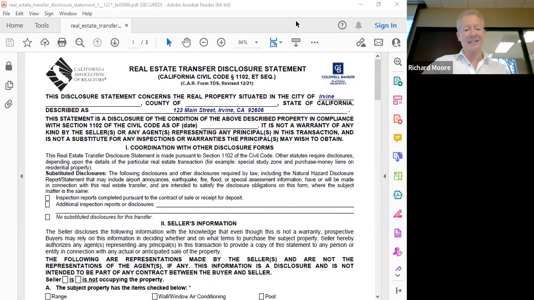Today's discussion is in regards to the TDS. I think we all take the form for granted. We do have it up on the screen, so it's being projected for you to see. It's required by Civil Code Section 1102. So that is the reason we use it, because it's statutorily required. I'm going to just go over the basics of it first.